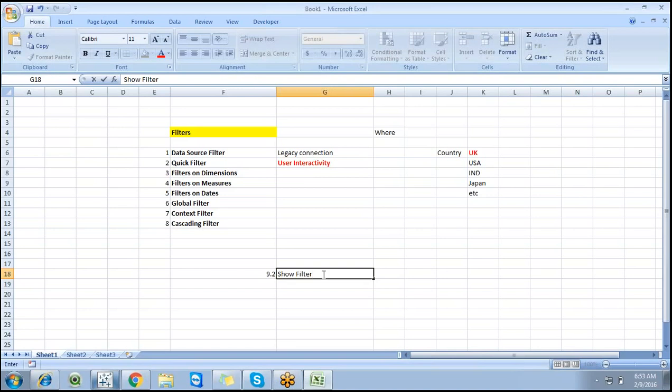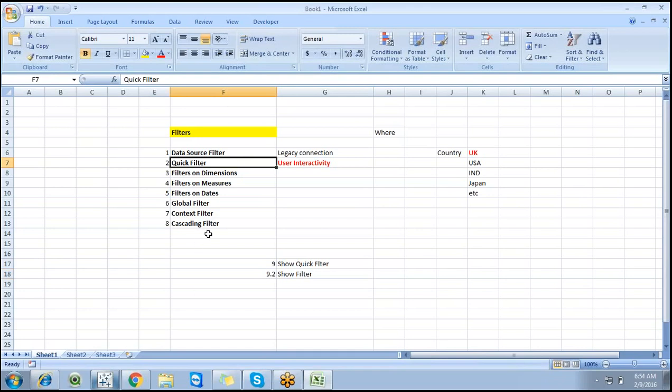In 9.2 you have show filter, but in the 9.0 version you have an option called show quick filter. This is a simple difference, but you can normally go for a quick filter, never go for a show filter.